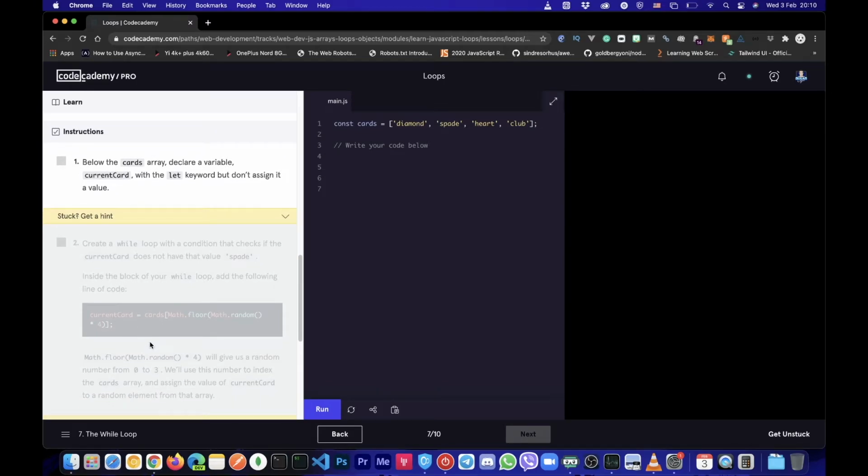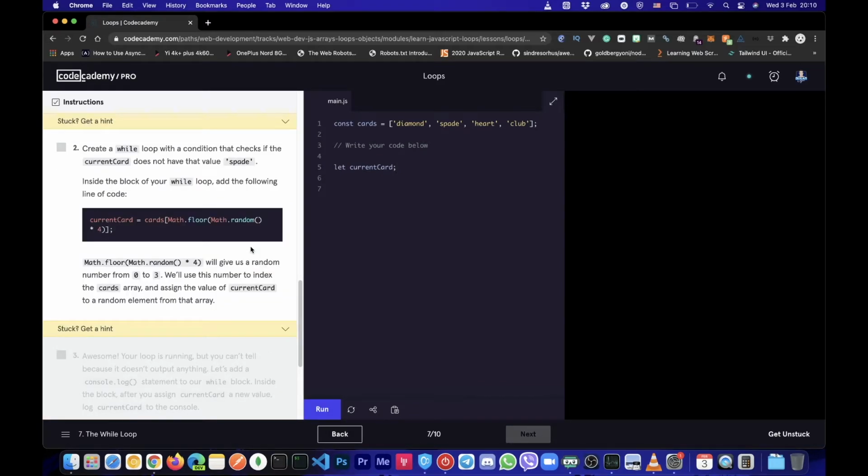Okay, instructions. Below the cards array, declare a variable, current card, with the let keyword but don't assign it a value. So just declare the variable for now. Create a while loop with a condition that checks if the current card doesn't have the value spade. So while